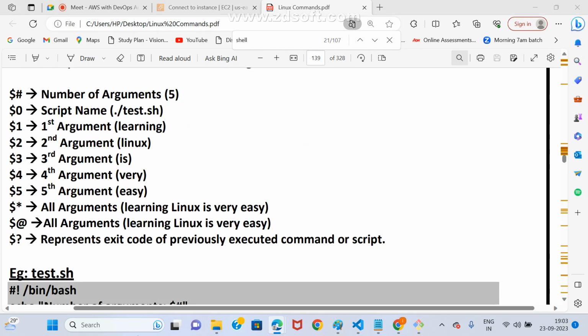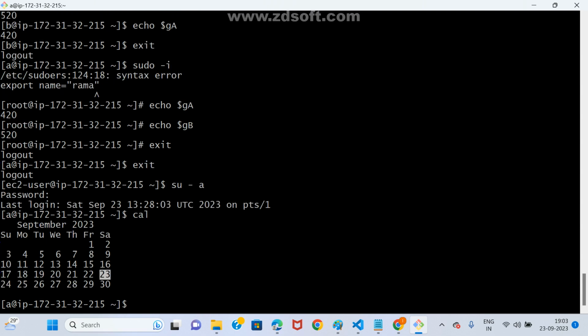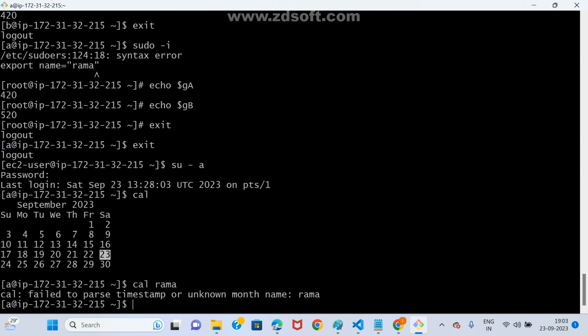Now see here. What is the advantage of command line arguments? Passing parameters. See a simple one. I need to go for the cal calendar command. For the calendar command, we need to provide arguments. It may work or not. It may give an exit code. How can I know? See,